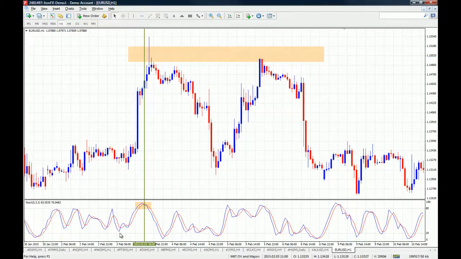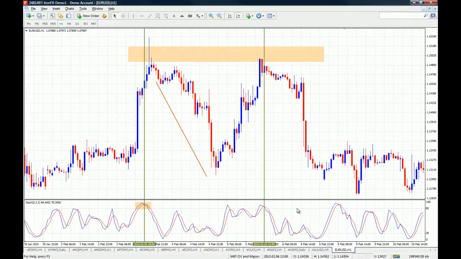So the stochastic oscillator is at overbought levels, we have the crossover and price is testing this level of resistance. So you can see that before price changes direction to the downside, we have the actual change in the stochastic oscillator. And you can see it once again right here